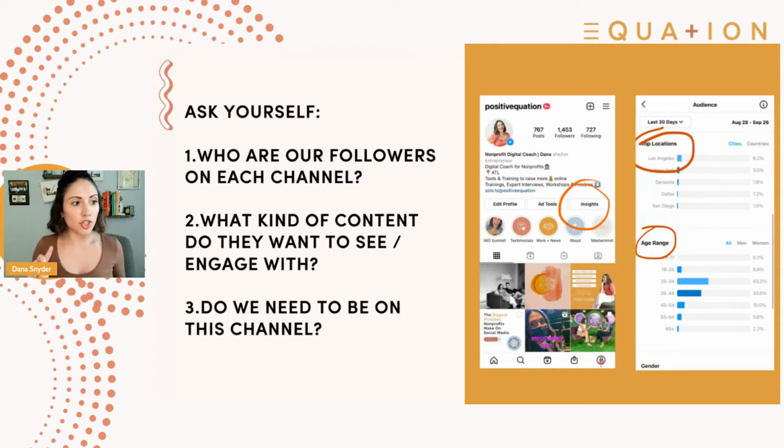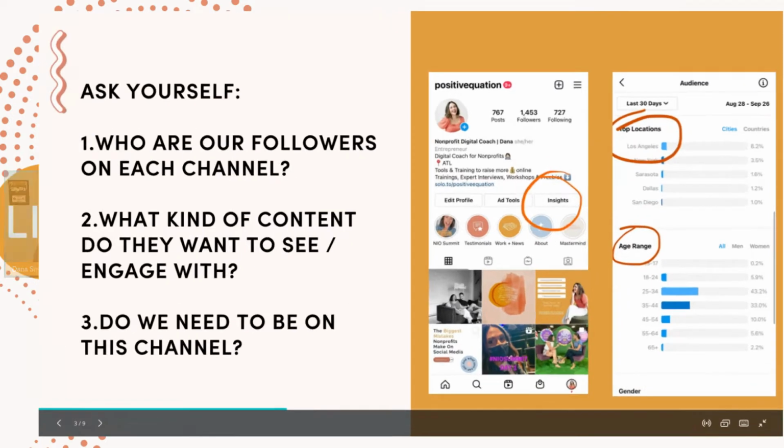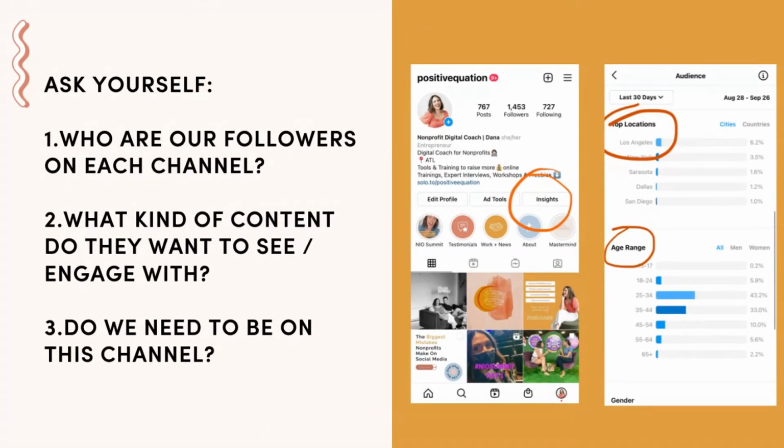All right. So, here, as an example, if you look at the graphic on the side, I have, and I'll go ahead and make it full screen so it's easier to see here, I have my Instagram account. So you can click Insights on Instagram and you can see the locations, the age range, the gender, and a ton more information about Insights on Instagram. Facebook has a similar tool, YouTube has a similar tool. All of them do.